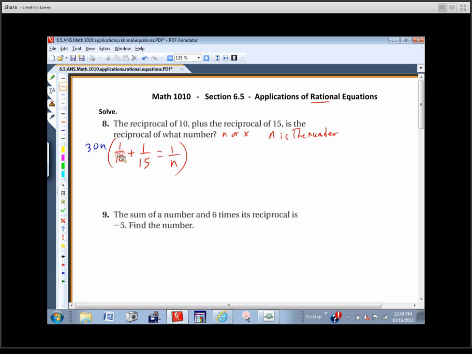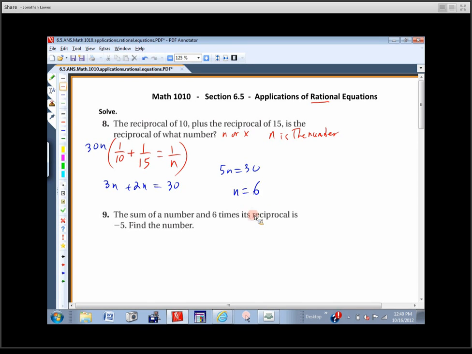If I multiply here, the 30 cancels with the 10. There'd be a 3 left with an n. When I multiply here, the 30 cancels with the 15. There's a 2 left, so that's going to be a 2n, and don't forget the plus there. And then when I multiply the other side, the n cancels, so there's a 30 left. So this actually is pretty easy, because when I add these together, I get 5n equals 30, so I get